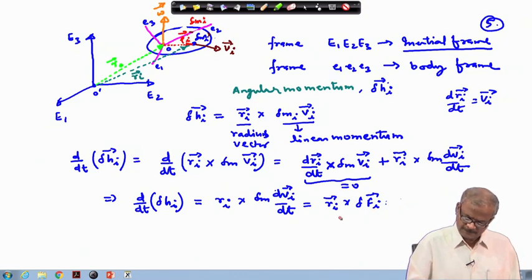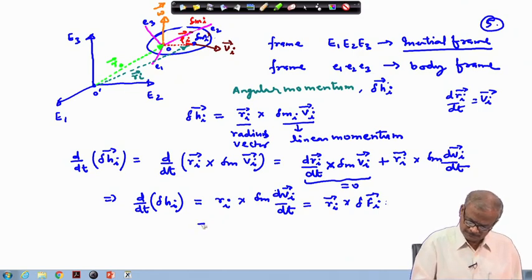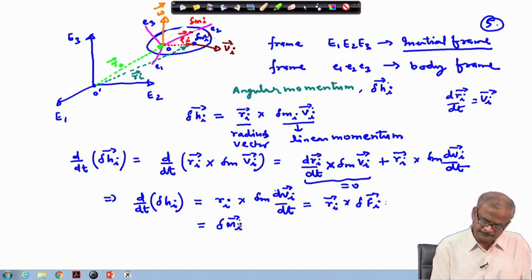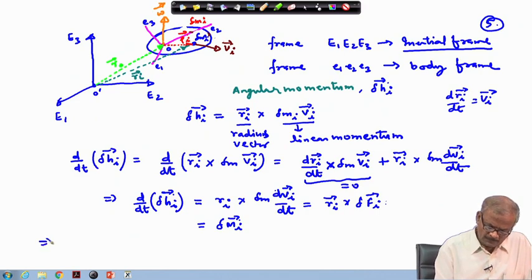Here in this place, this quantity we write as delta M i. Therefore, if we take the summation over all the particles,